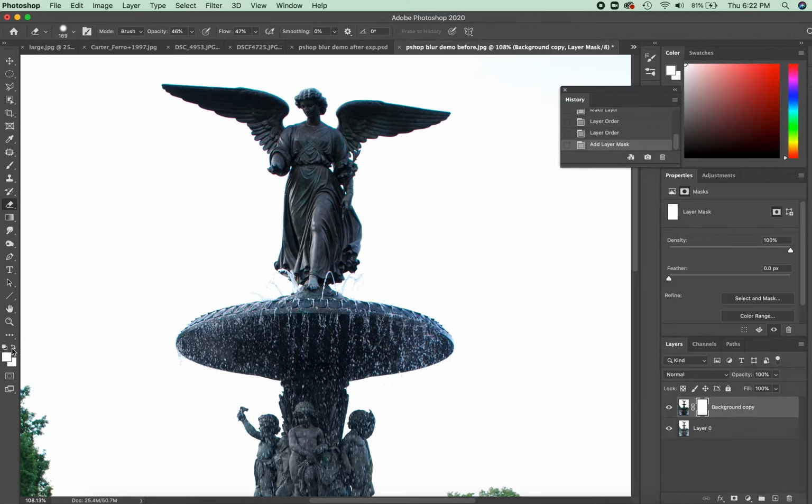So right now it's white on the selected colors. So if I hit the D button, that sets it back to default, so the background is black and the foreground is white. And I'm actually going to flip that around. You could actually use the X button to toggle that back and forth. So you want the black on top. Choose a brush to work with, and you can change the size of it if you like, change the opacity and flow. I'm going to leave it at 60% on both of those, just so it's not so fast and